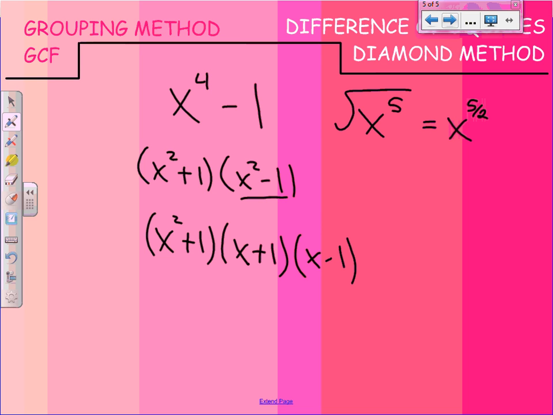Any questions about difference of squares? Okay, because yesterday we spent the class not working on